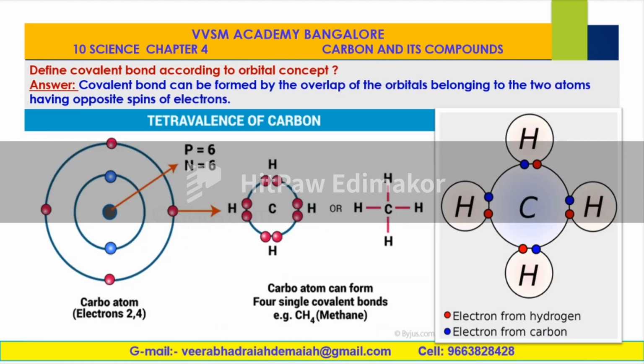Tetravalency of carbon. Carbon has a tetravalent electronic configuration. 2, 4 is the electronic configuration. A carbon atom can form 4 single covalent bonds. Example, methane. See